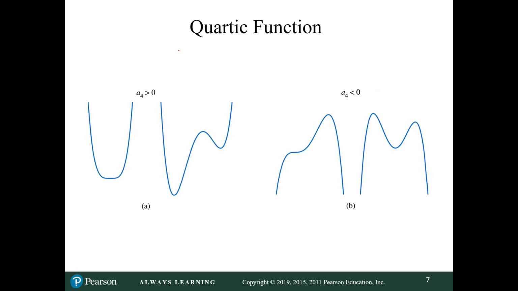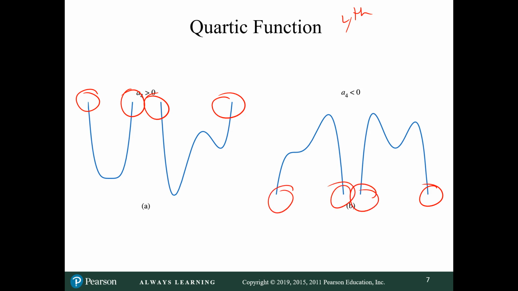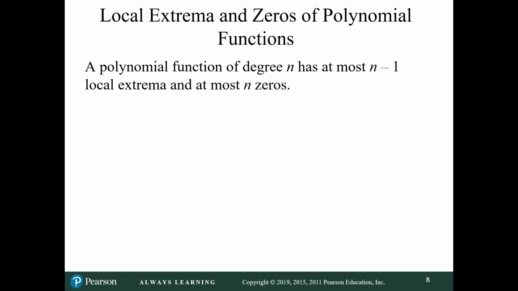Quartic is fourth power. Okay, so it's an even power. If the first term coefficient is positive, it'll end going up, so it'll start from up. It's up, up. If its leading coefficient is negative, it'll end going down, so it'll start from down. Down, down. Okay? If you have a fifth power,